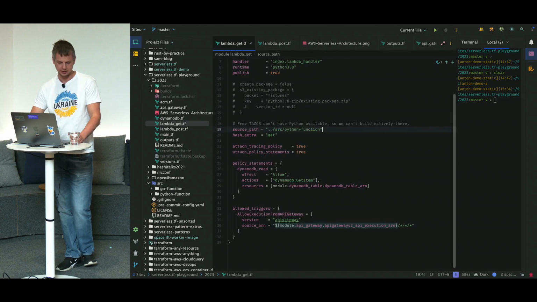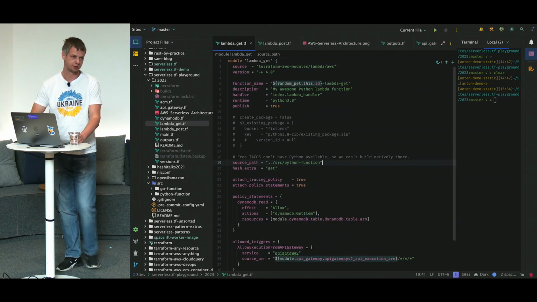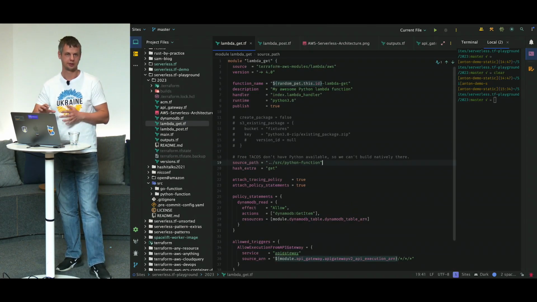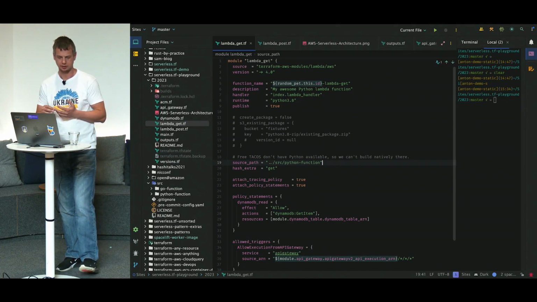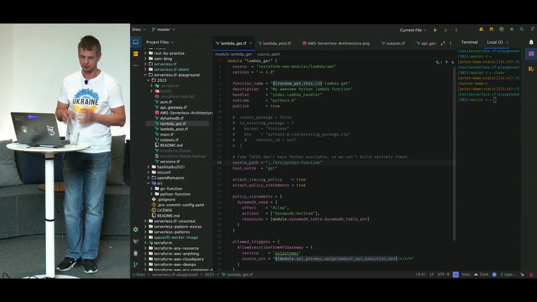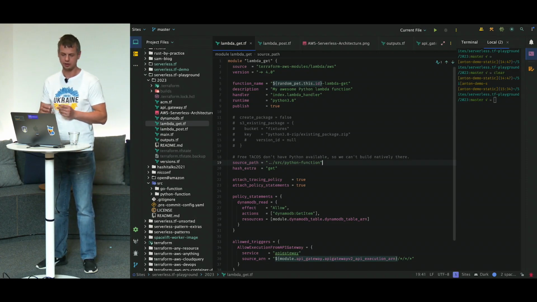All of this with readability, which is very important, so that it's not scattered across different resources. When you are writing your module yourself, most likely you will implement only the subset of features which you need right now. And that's why there are a lot of Lambda modules out there where people implement something very specific for their use case and they're happy, and then they come and say, yeah, but we have a module,